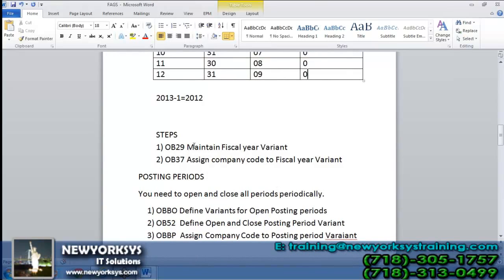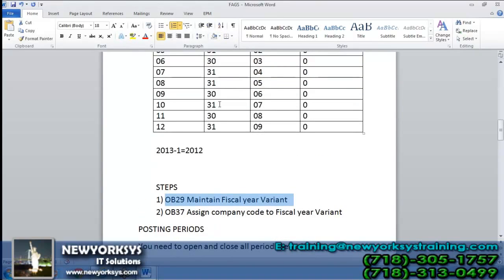We'll see maintain fiscal year variant. The first step, if you want to create a fiscal year variant in this manner, is this. The system already has this one, so I'll show you and then we'll move to the next step.